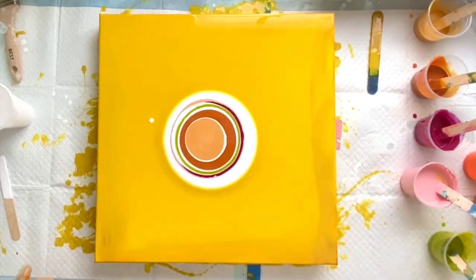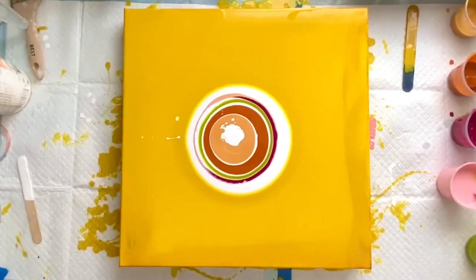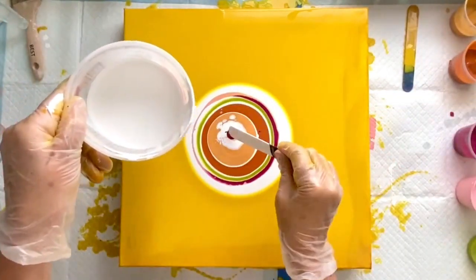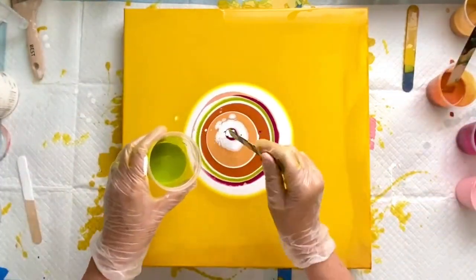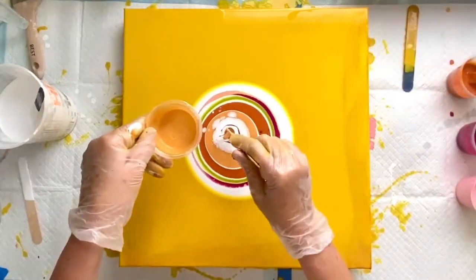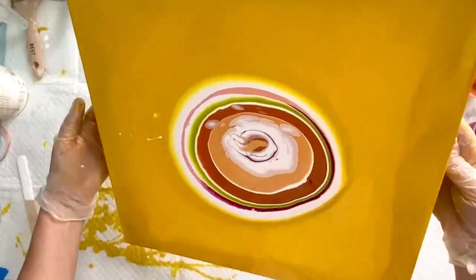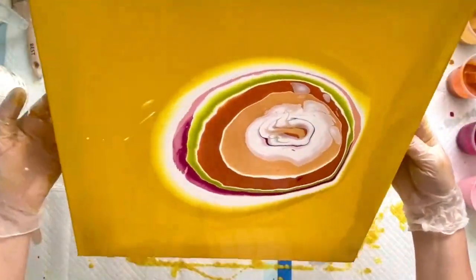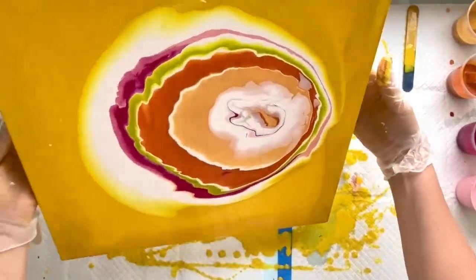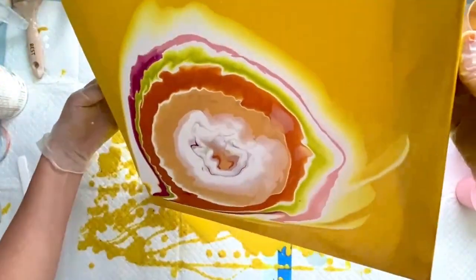So here I'm just torching it, trying to get rid of any air bubbles, adding a little bit more. And I probably could have added more. I struggled to get this to cover the canvas as it was. And I really did like the layers of white that I put in there. It kept it really bright and airy. However, as you'll see, at least in my opinion, the end result was gorgeous, but on its own, it wasn't